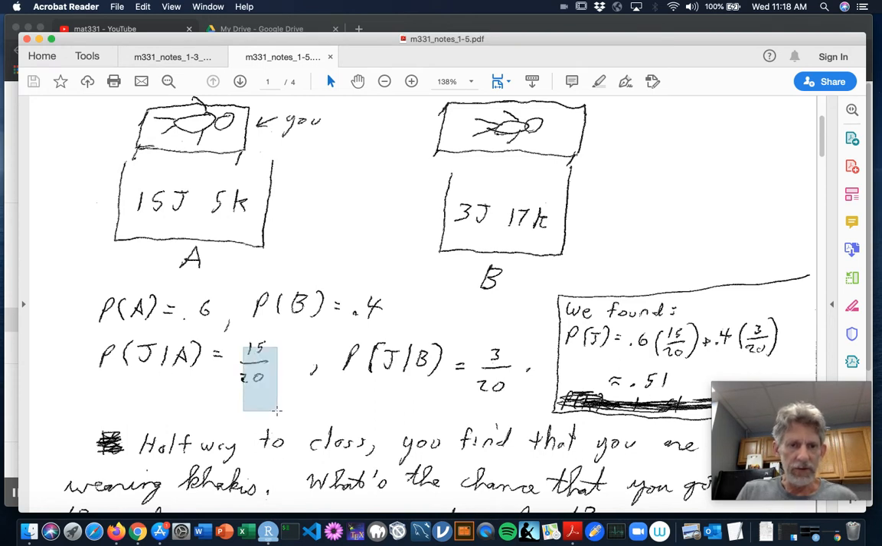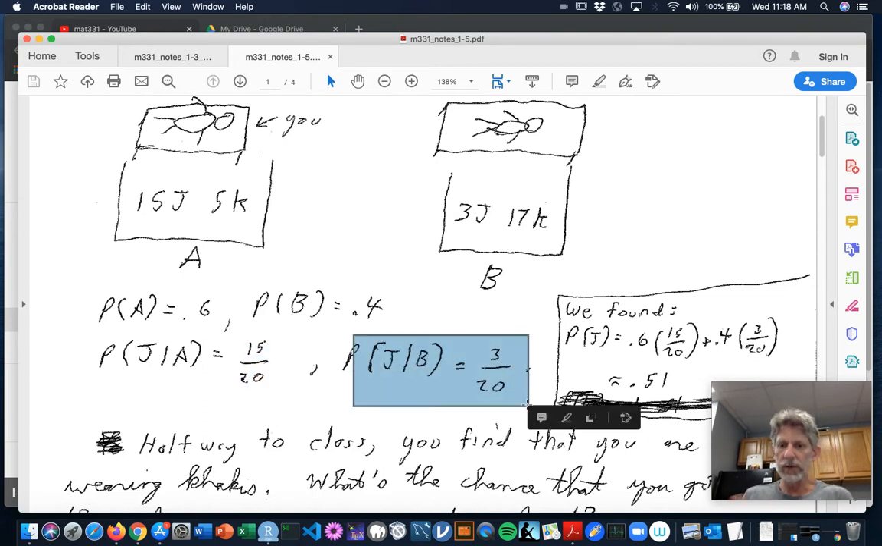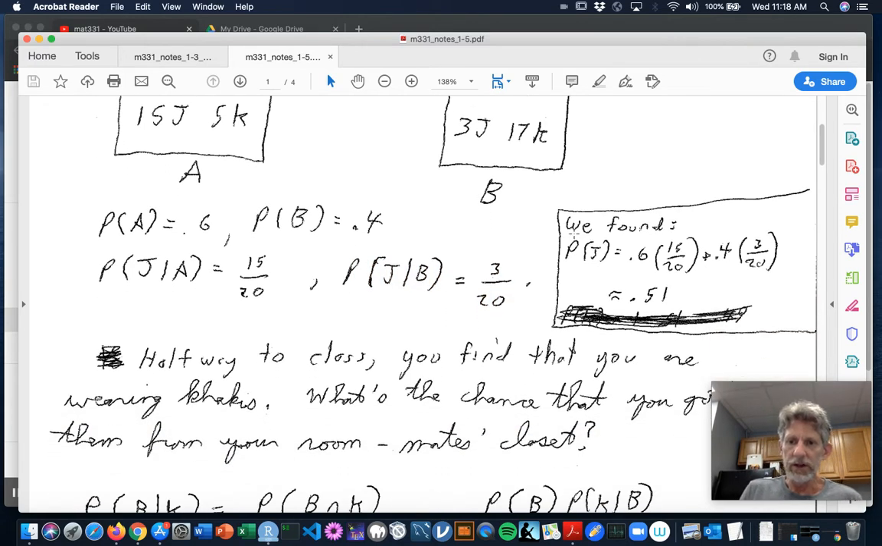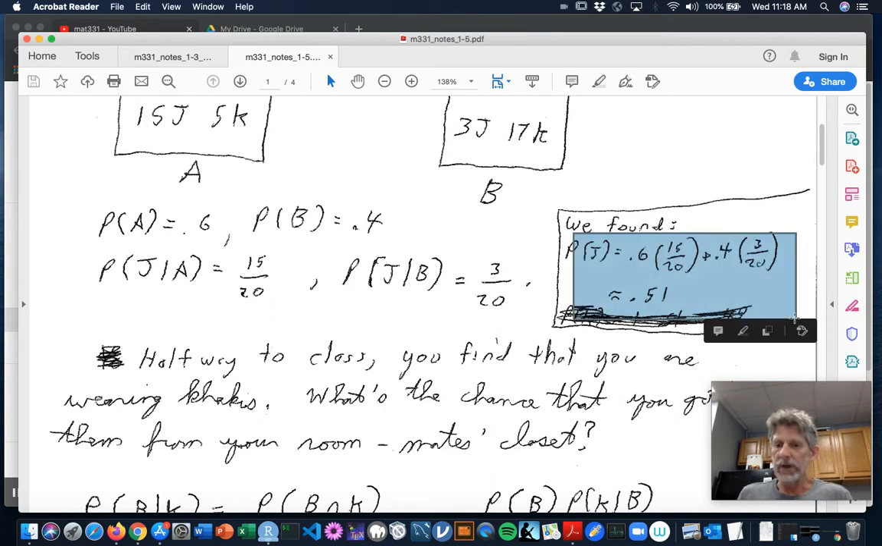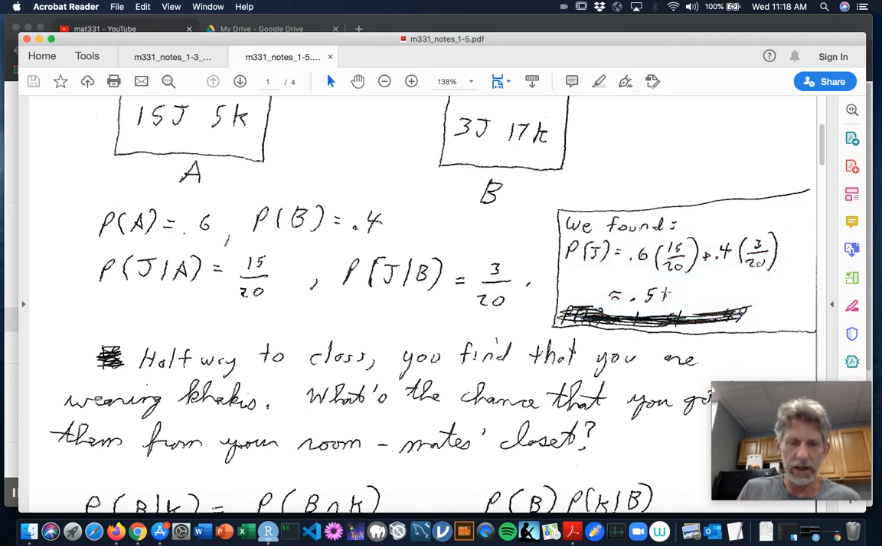So you're going to have a 15 out of 20 chance of picking jeans if you go into closet A, whereas if you go into closet B, you're going to have only a 3 in 20 chance of picking jeans. And using conditioning, we found out in a previous section the probability that you would end up picking jeans. It was a weighted average of the two probabilities of jeans in each of the closets, and if you compute it, it comes out to 51%. Okay, well,